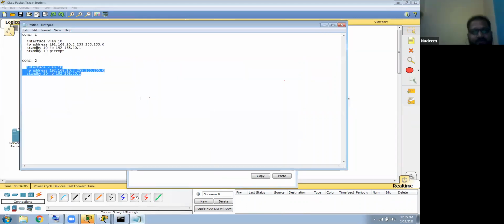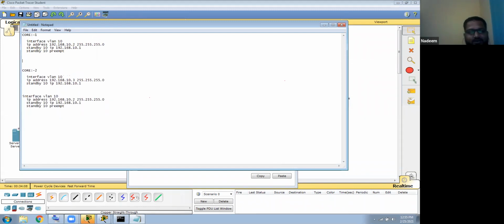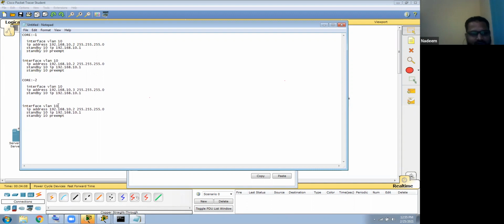Similarly, with the same design, I'm going to configure VLAN 20. But this time for VLAN 20, I'm making core 2 the gateway. So I'm just copying this command. Let me make this VLAN 20, and the gateway will be 20.1, and preempt means whoever is active, we are making the preempt there.